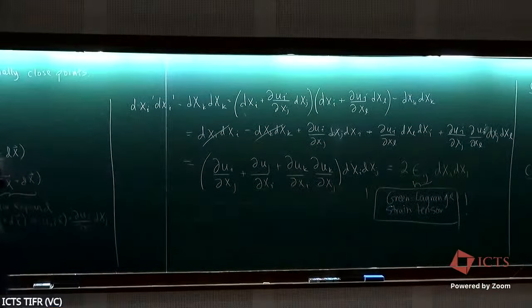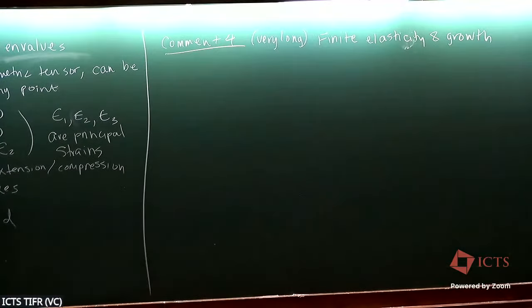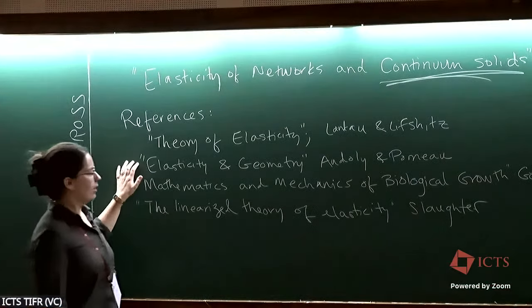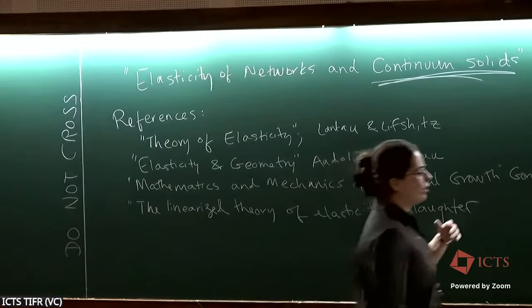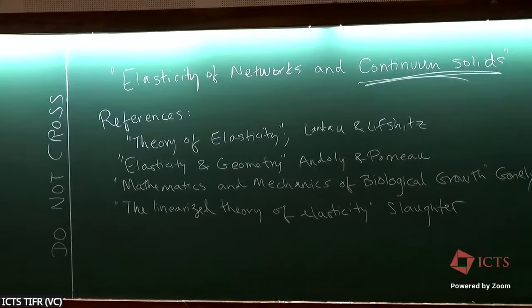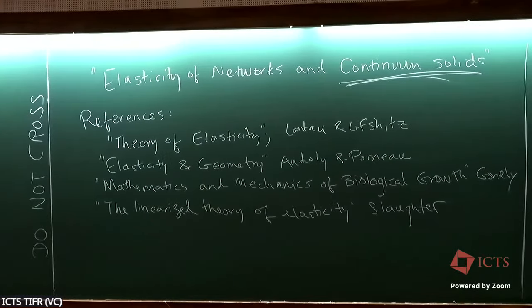This is a classic way to derive strain if eventually you want to linearize it. Slaughter does this, Landau and Lifshitz does it, and it's also in Audoly and Pomeau. If you eventually want to linearize it, or if you want to only consider what we'll call geometric nonlinearities, which I'm going to talk about,